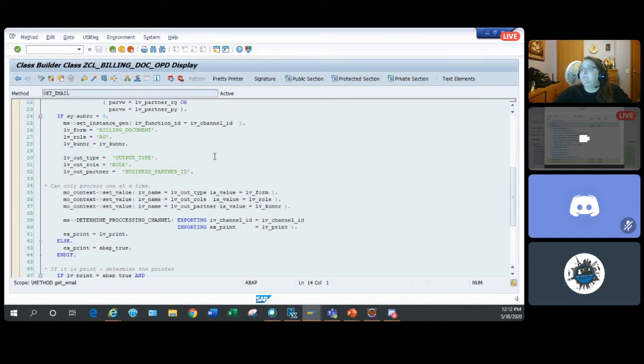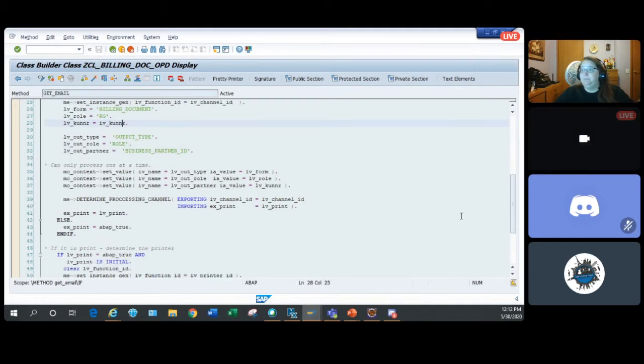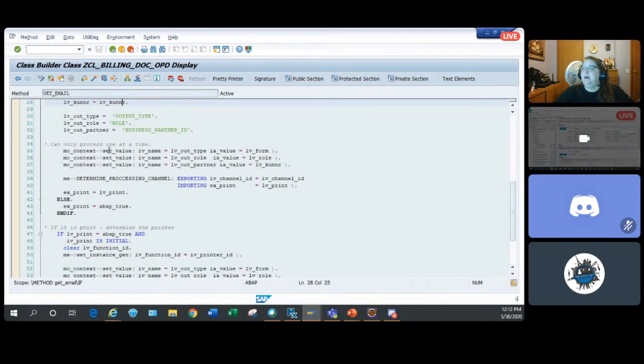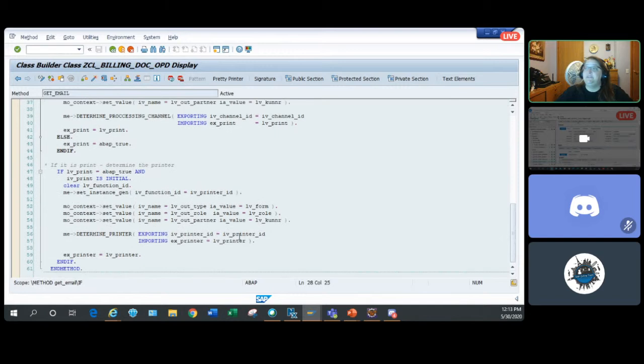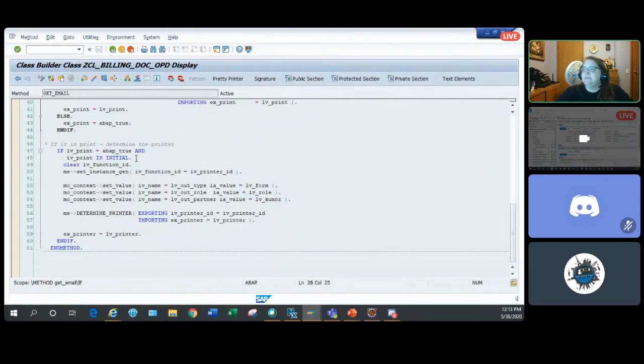And you're seeing some hard-coded variables and the exact same thing I needed with a different customer. So I'm setting my value for the form, the role, and the customer. And I'm determining which way it's going to print. Is it going to print or is it going to be emailed? And once I know that, then I'm going to set up